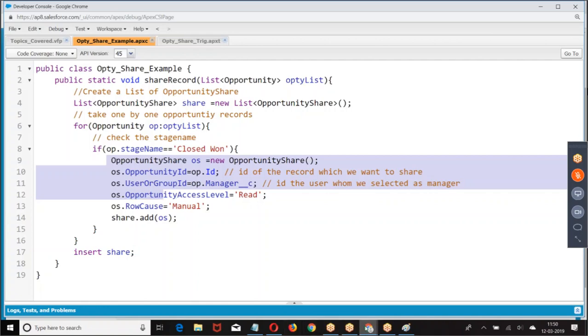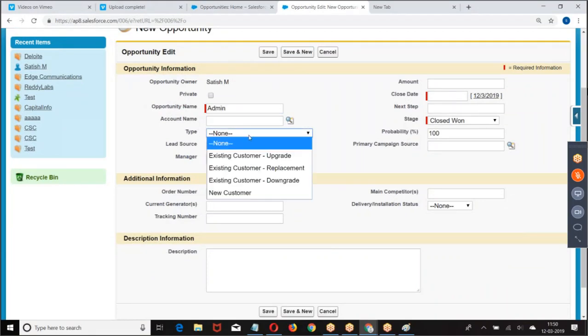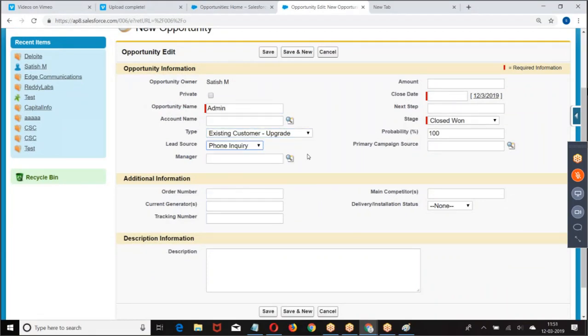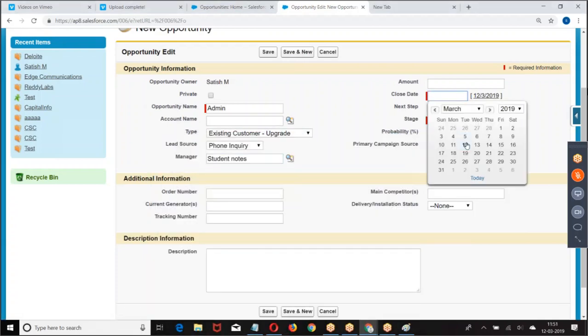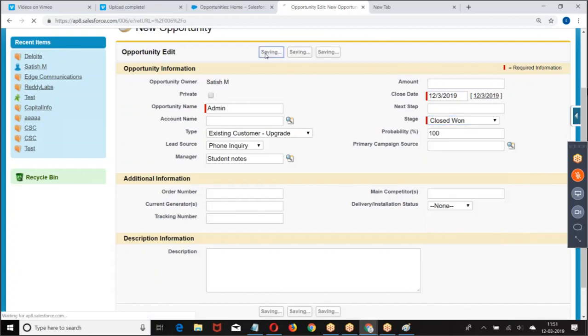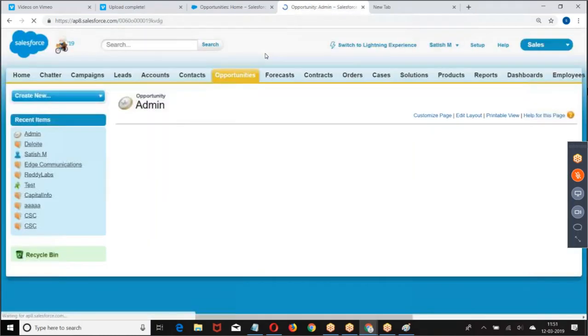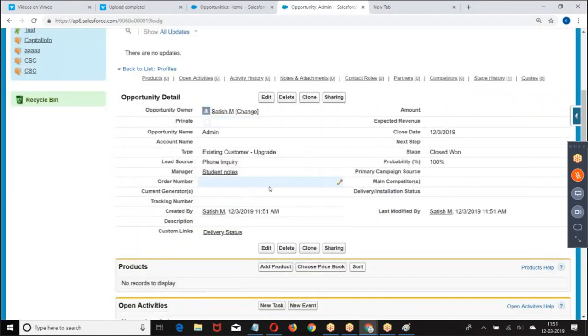So go back to the opportunity. Admin, manager, student. Then the opportunity is created.